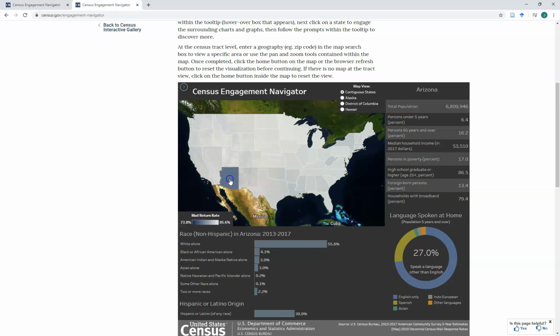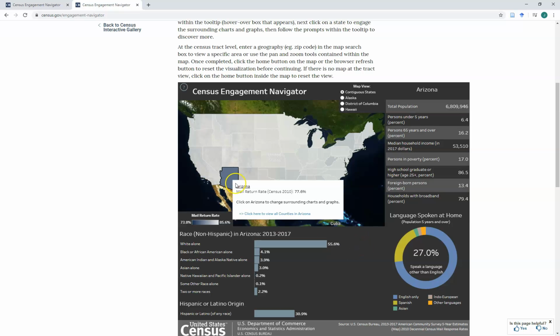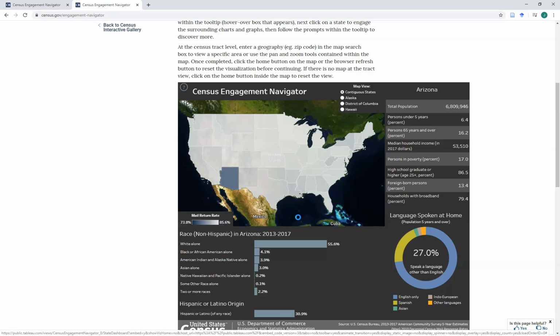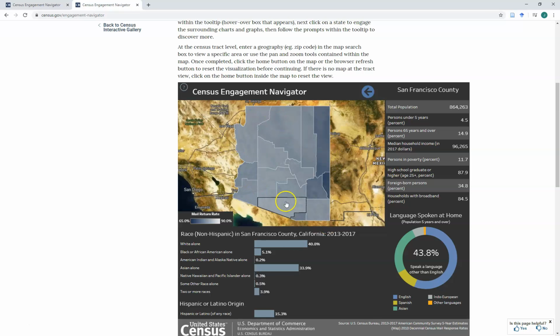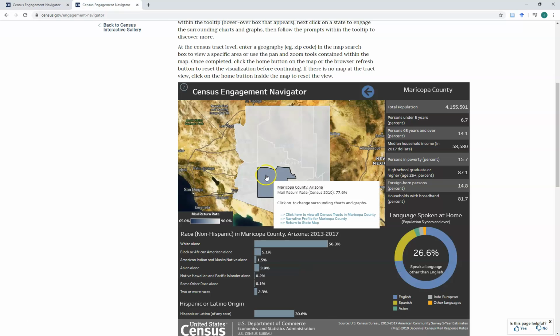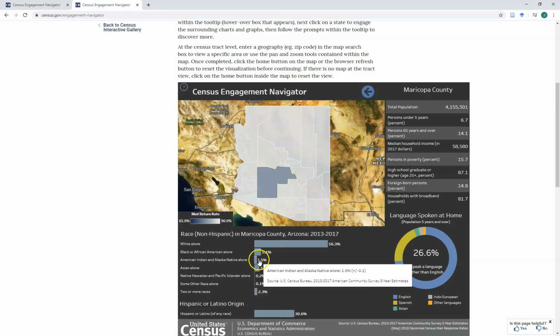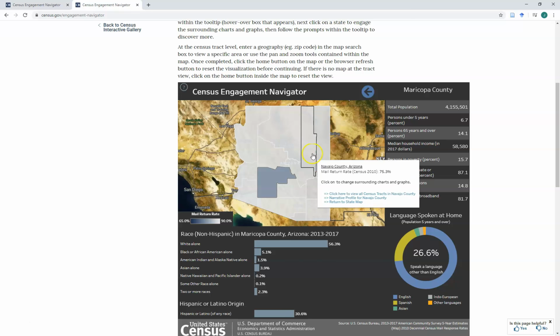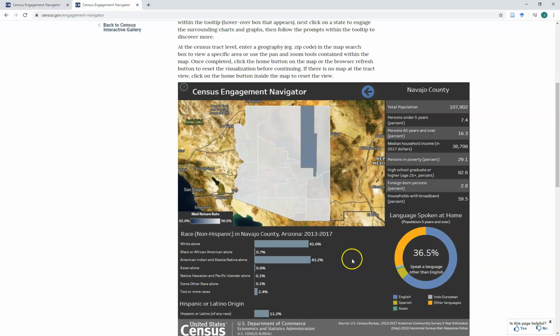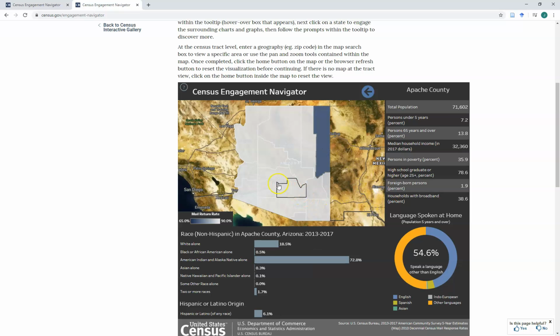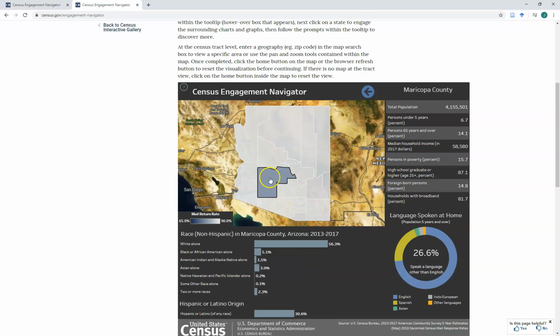So if we want to go further into Arizona, you just left click on click here to view all counties in Arizona. So now it's broken down by counties. So if I click on Maricopa County, now it's going to show all of that same information that we had for Arizona here. So we can get a quick snapshot of Arizona or Maricopa County, quick census data breakdown of Navajo County, Apache County, but I'm going to go back to Maricopa County and left